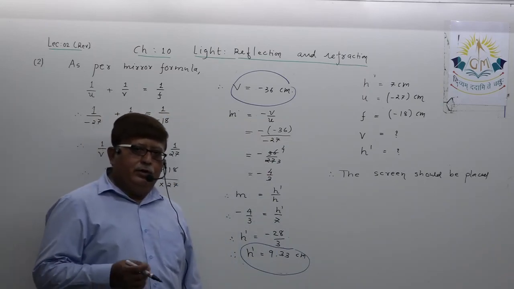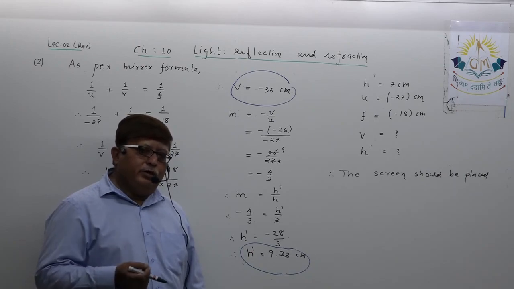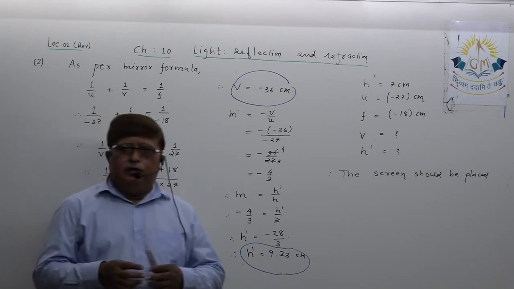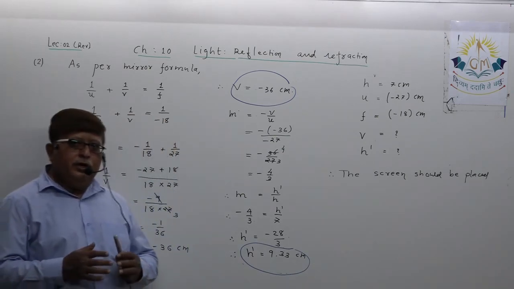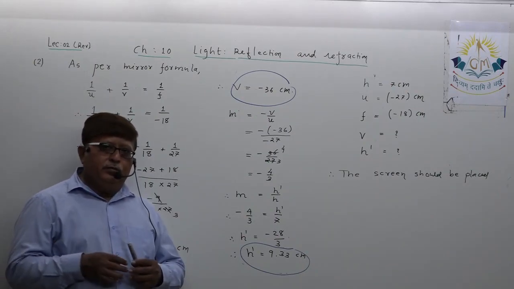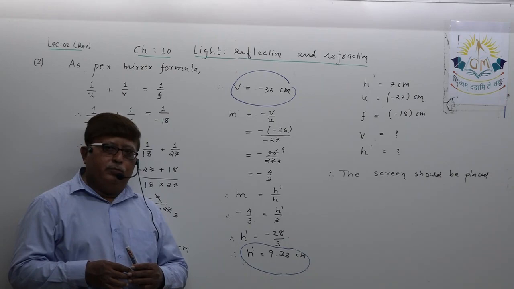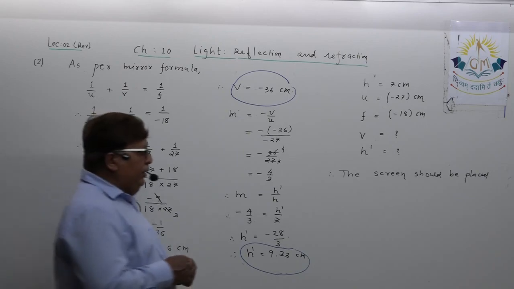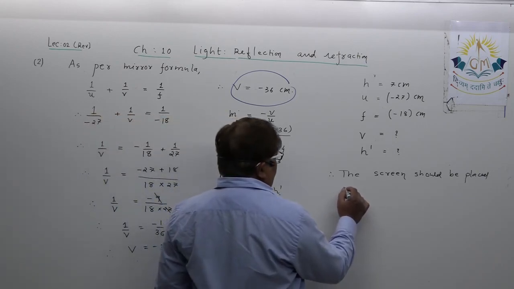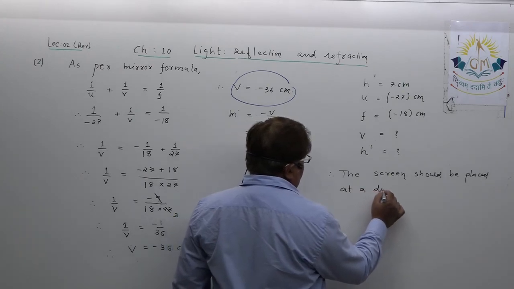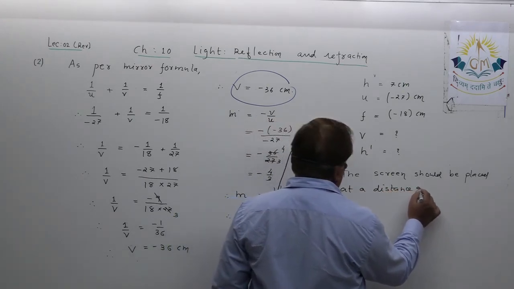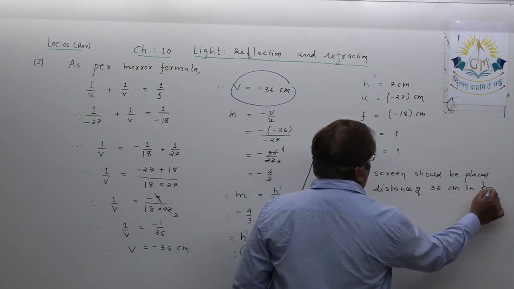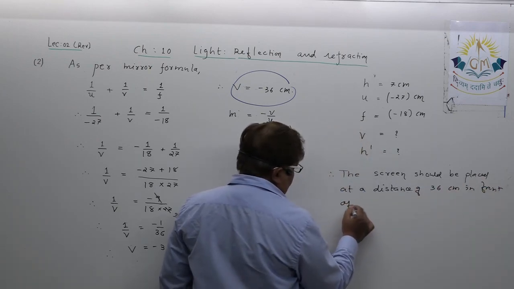You need to develop this in the exam, because when asked any particular example in the board exam, it can happen that the examiner who is going to check your paper is first going to highlight the final answer. The screen should be placed at a distance of 36 centimeter in front of the mirror,